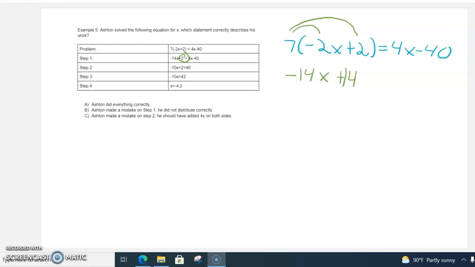So right off the bat, I can see that Ashton made a mistake on step 1. He did not distribute correctly. But let's go ahead and finish this up and see what we would have gotten. So this is equal to 4x minus 40. I'm going to go ahead and solve by